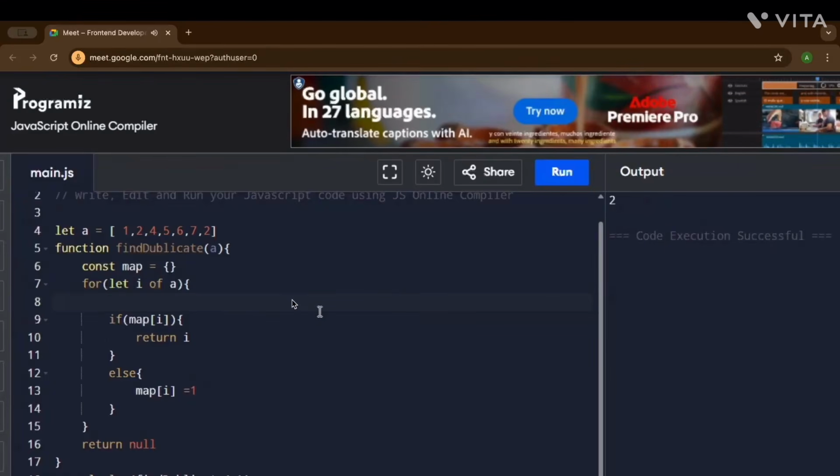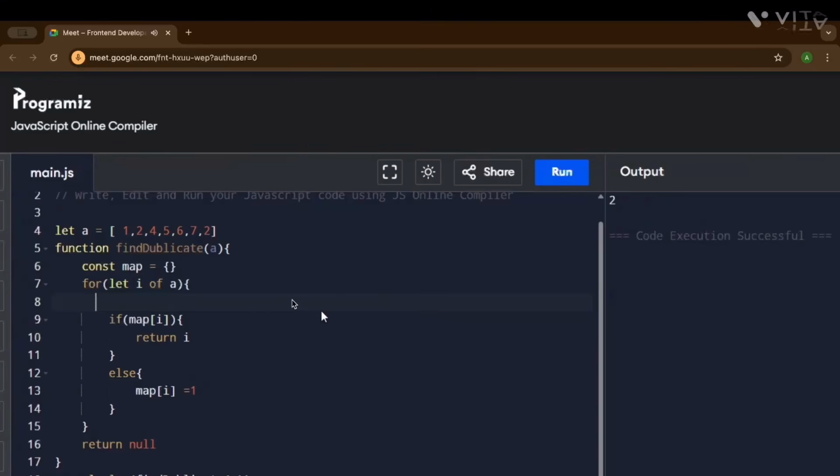Keys are for differentiating each element, each component, so that React cannot get confused and do some unexpected work.